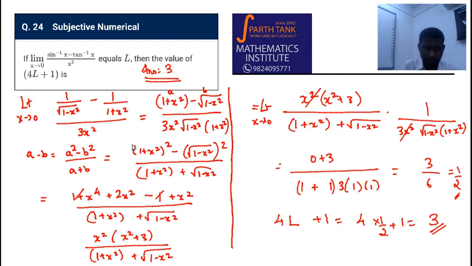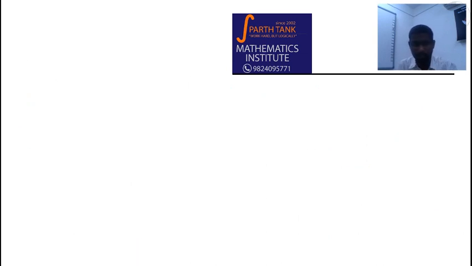Okay, very simple if you consider that this is L'Hospital's rule, and then rationalizing this using this idea gives the cancellation of these terms. Now of course this would be far easier if you remember the series expansions for sine inverse of x, tan inverse of x, etc. All you have to remember is only the first 2 terms, because we need only the x cubed term, right? Because what do I mean by this? You see this equation, we have sine inverse of x minus tan inverse of x upon x cubed.